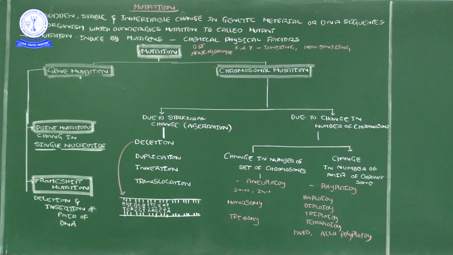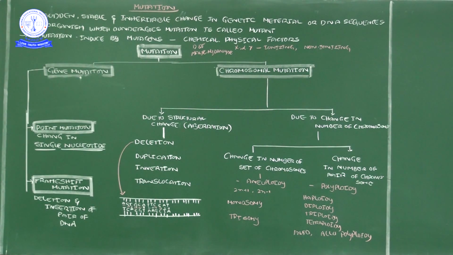Where is the gene located? You have clarity on this. The gene is located in the DNA. A gene is nothing but a DNA fragment. That DNA is present in the chromosome. The chromosome is present in the nucleus. The nucleus is present in the cell. Each and every cell contains a nucleus. So that minute nucleus contains the genes inside the DNA.